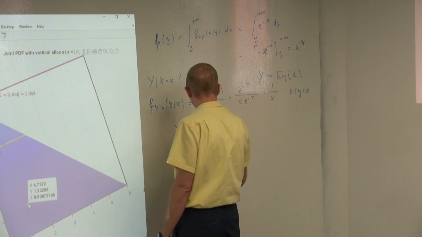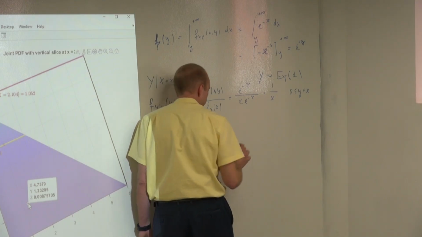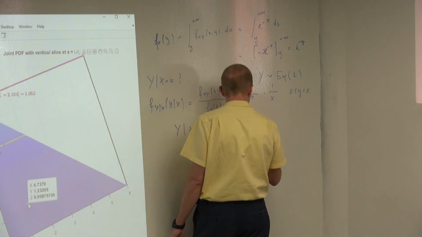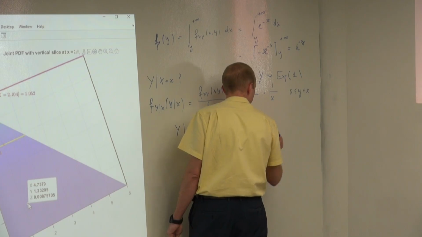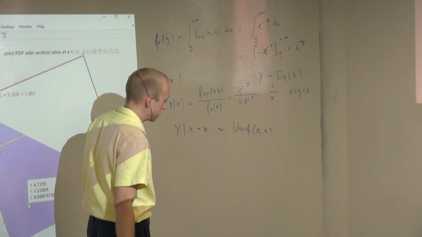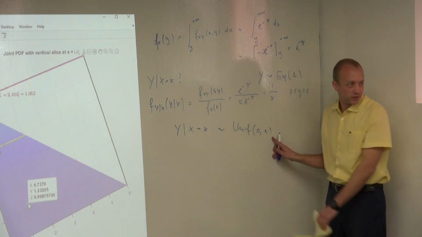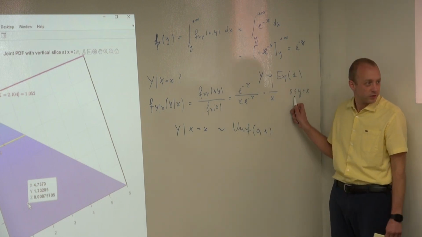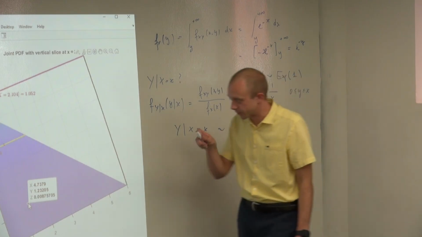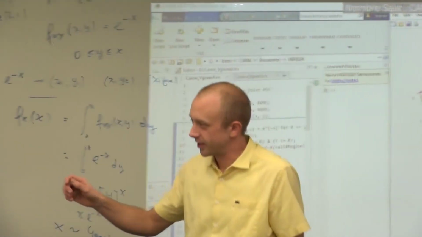And in this interval, the density is 1 over the length of the interval. Y given x equal x is what? Is a uniform 0 x, no? Same? Make sense? What is the density of this thing? 1 over the length of the interval, no? You have it, no? Yes? Okay? So if we go back again to this thing,